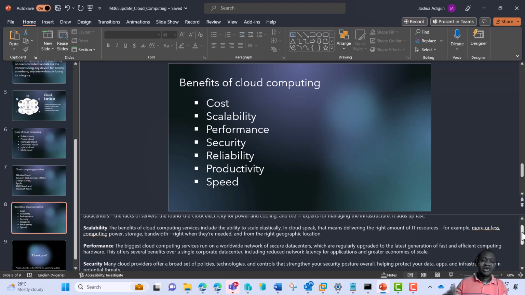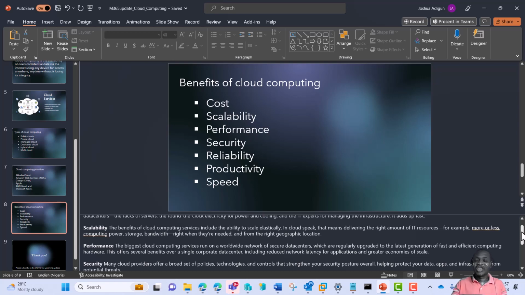Access to data on the go is fast. Access to computing resources on the go is fast, and this offers several benefits over a single corporate data center, including reduced network latency for applications.